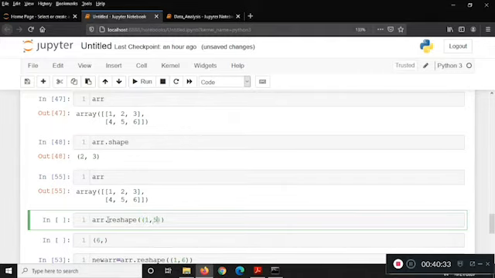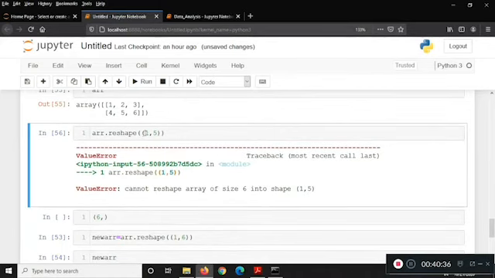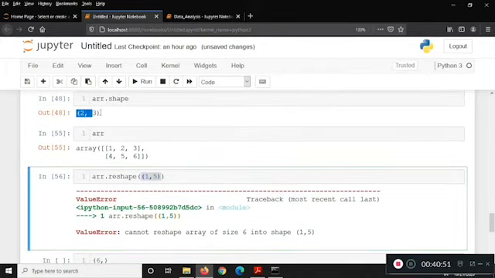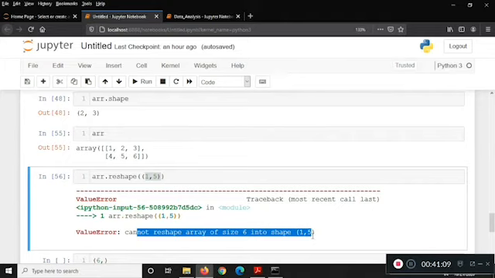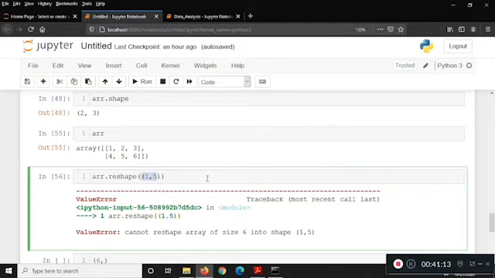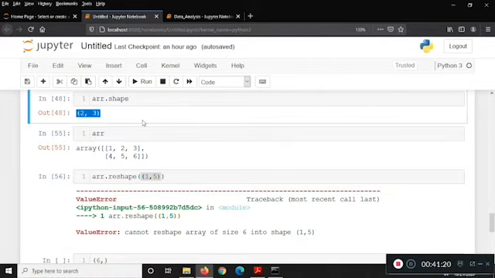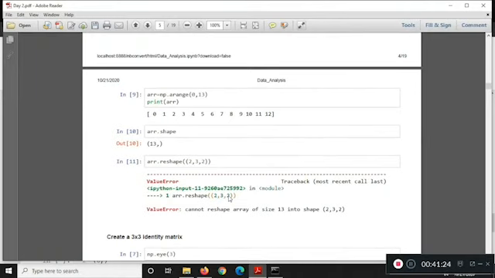1,5 का टपल भेजा, आई विल गेट अ वैल्यू एरर, बिकॉज 1,5 ये जो मैं एरे जनरेट कर रही हूँ कंटेनिंग 1 रो एंड 5 कॉलम, हाउ मेनी एलिमेंट्स ही इज एक्सपेक्टिंग, 1 into 5, that is only 5 elements, and how many elements I have are 6 elements, that is 3 into 2, so एक एलिमेंट अभी भी आपके पास एक्स्ट्रा है। तो आप जो ये रीशेप करने की कोशिश कर रहे हो, ये रीशेप में जो शेप भेजा है इट्स रॉन्ग, कैन नॉट रीशेप एरे ऑफ साइज 6 into the shape of 1,5। तो आपको यू हैव टू मेक श्योर जो आप रीशेप करते हो, यहाँ पे जो आप शेप सेंड कर रहे हो उसका साइज और जो ओरिजिनल एरे है उनका साइज मैच होना जरूरी है, और एल्स यू विल गेट वैल्यू एरर, ठीक है।